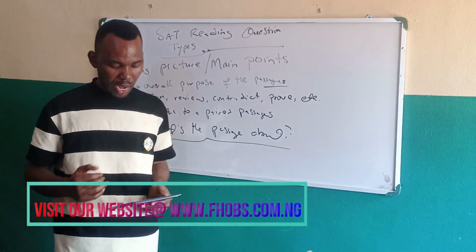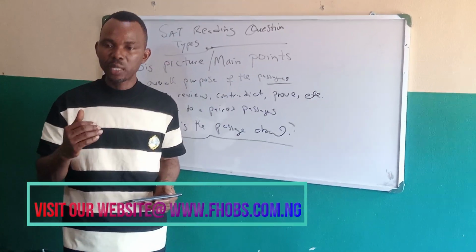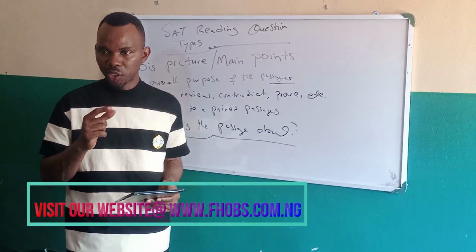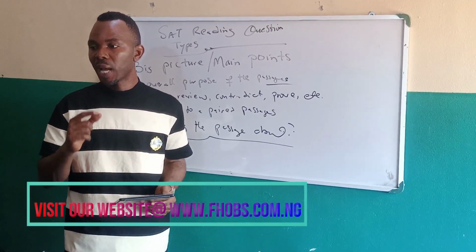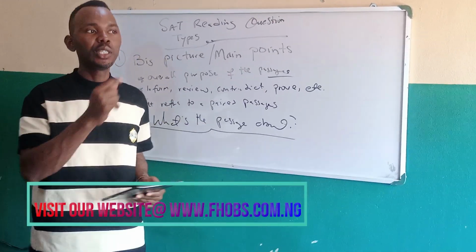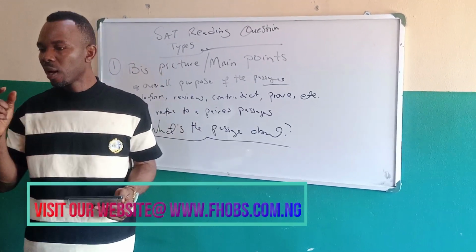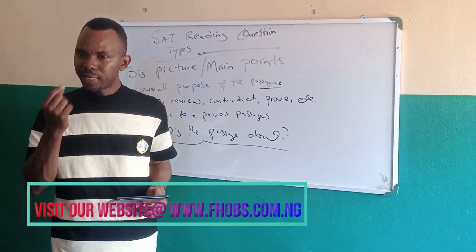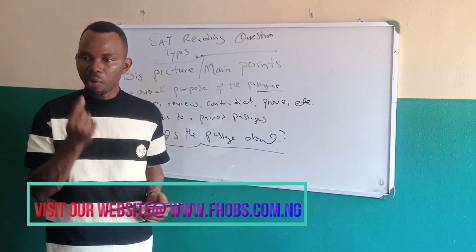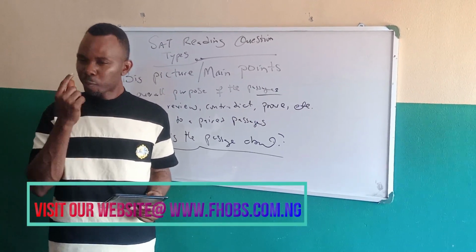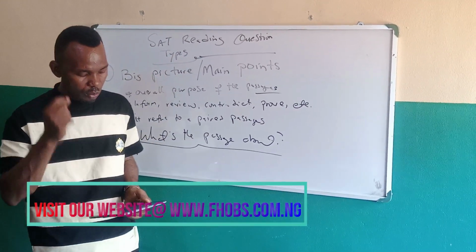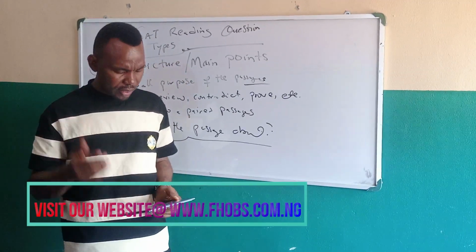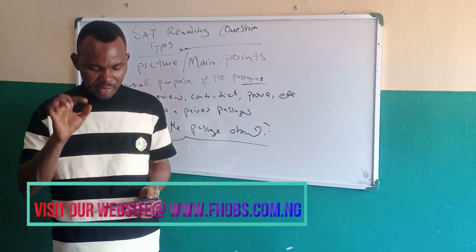Now this question type will ask you to refer to specific detailed information in the passage. It's as simple as somebody asking what is the engine number, or what is the phone number of maybe the manager, or something that is that detailed, or what is the name of the driver. You understand? Specific information. So under the little picture or detailed question type, you are simply going to be asked detailed